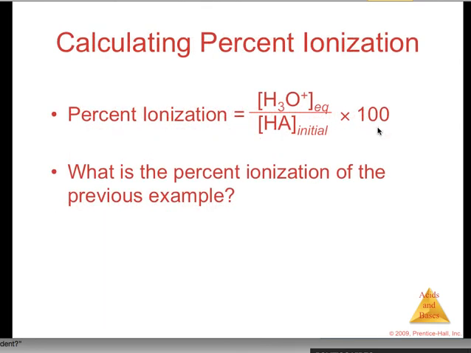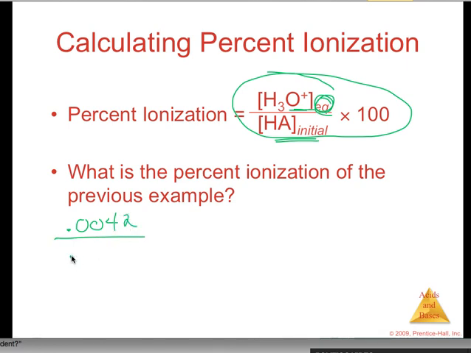Calculating the percent ionization. This is another equation that you should know. Percent ionization is the hydronium ion at equilibrium, that's related to the pH, over the initial concentration of the acid. So if we look at the percent ionization of the previous example, my hydronium concentration was 0.0042 over 0.0958 times 100%, and I should get,